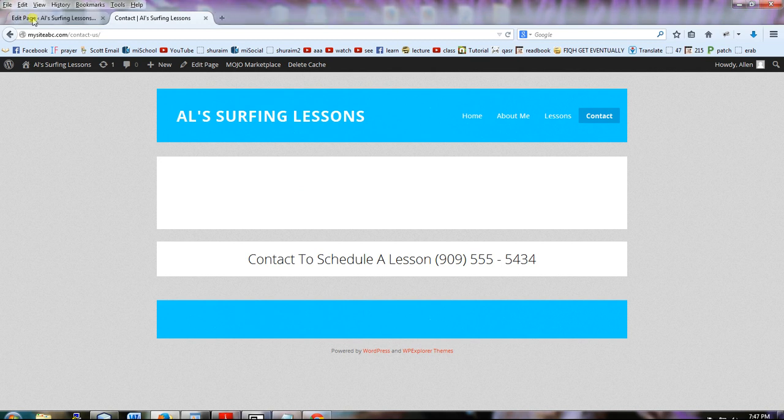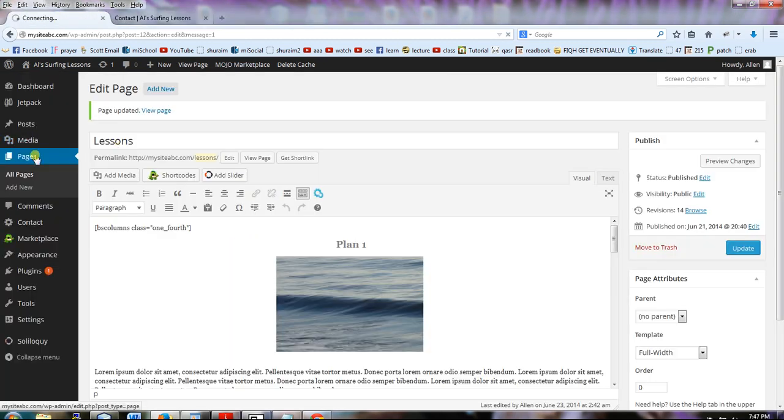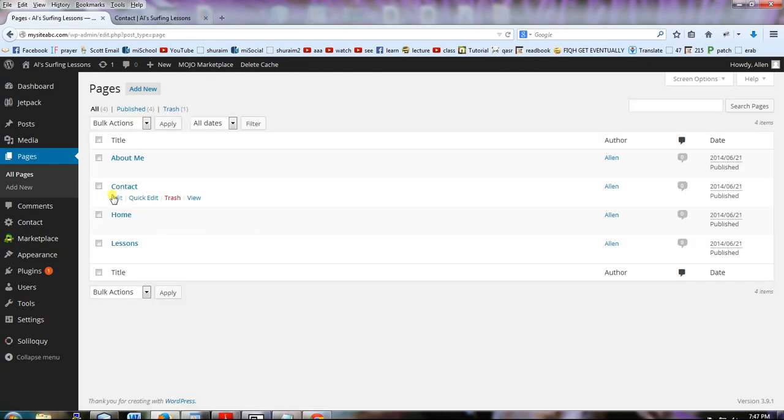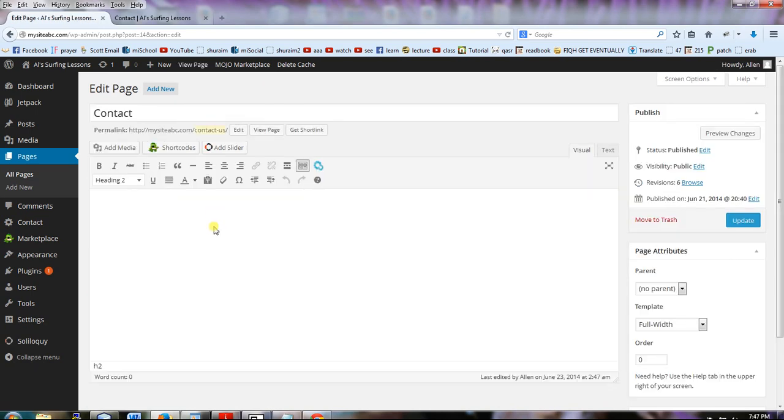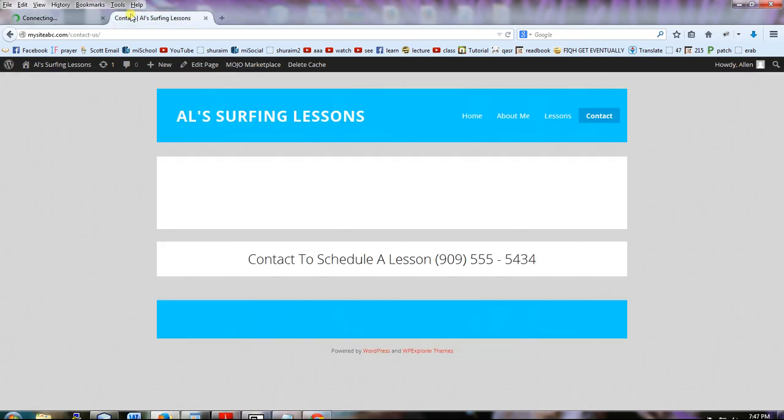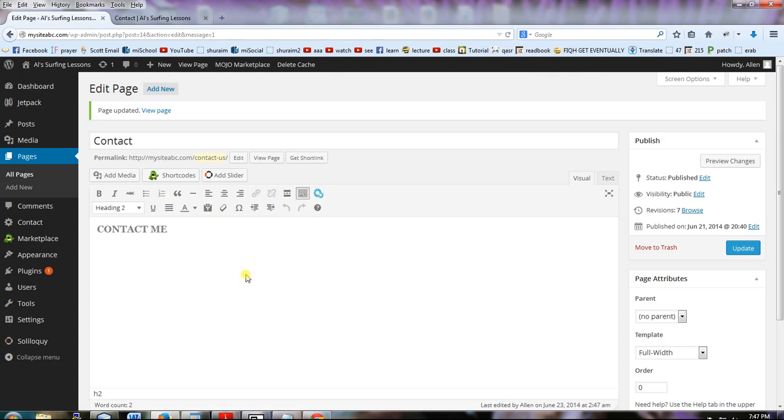Alright, so we're going to have the contact us form. We're going to click on pages and click on edit under contact, and we're going to have Contact, bold that, heading 2, dark gray color. Click on update. And we're going to have a contact us form, which we already got earlier